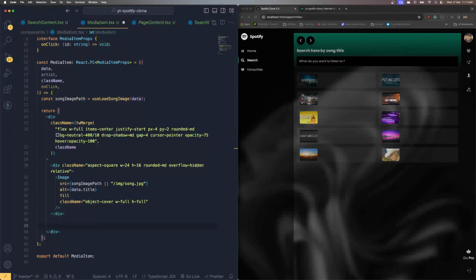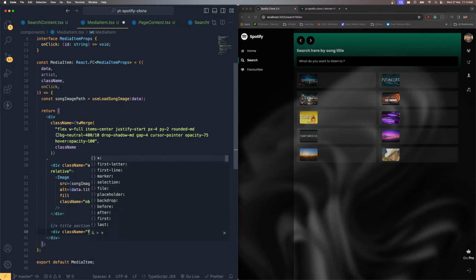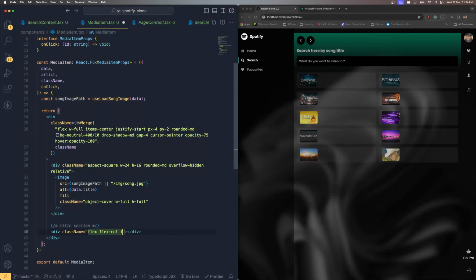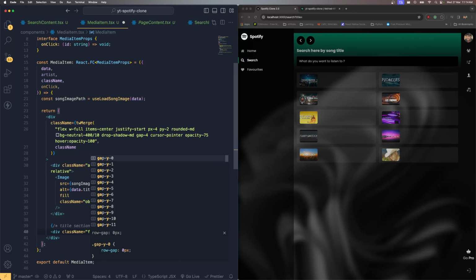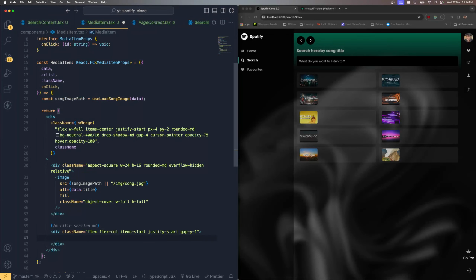So now what I need to do is display the text content section over here. This is going to be the title section. So I'm going to create a div, and let's make sure that it's going to be flex and flex column. Okay, and it's going to be items center, and it's going to be start in the initial position. We don't need to keep this as center, so let's keep this as start. Right now here, let's say gap y, it's going to be 1, and inside this division I'm going to have